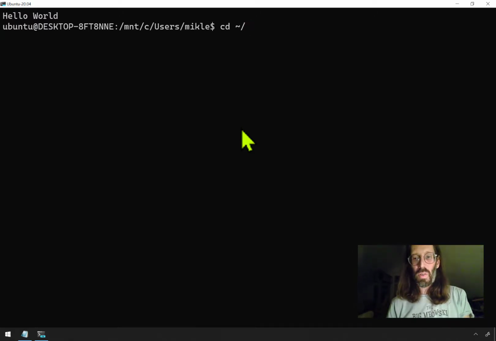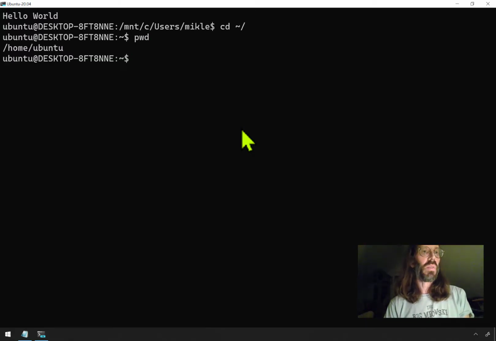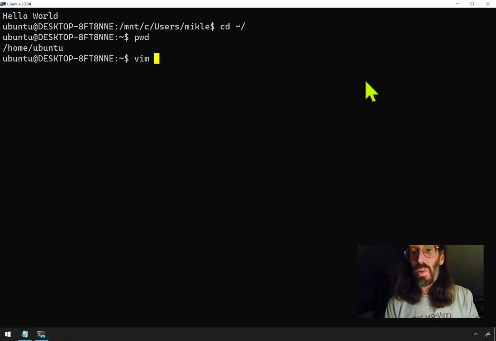Now notice it takes two commands. First I have to cd to home. You don't know that you're in home yet. And if you want to know where that directory is, you can do it like that. So I can actually reduce it to being one command instead of a cd. I can just say where the file is. It's in home Ubuntu. So now if I vim what I know to be here,